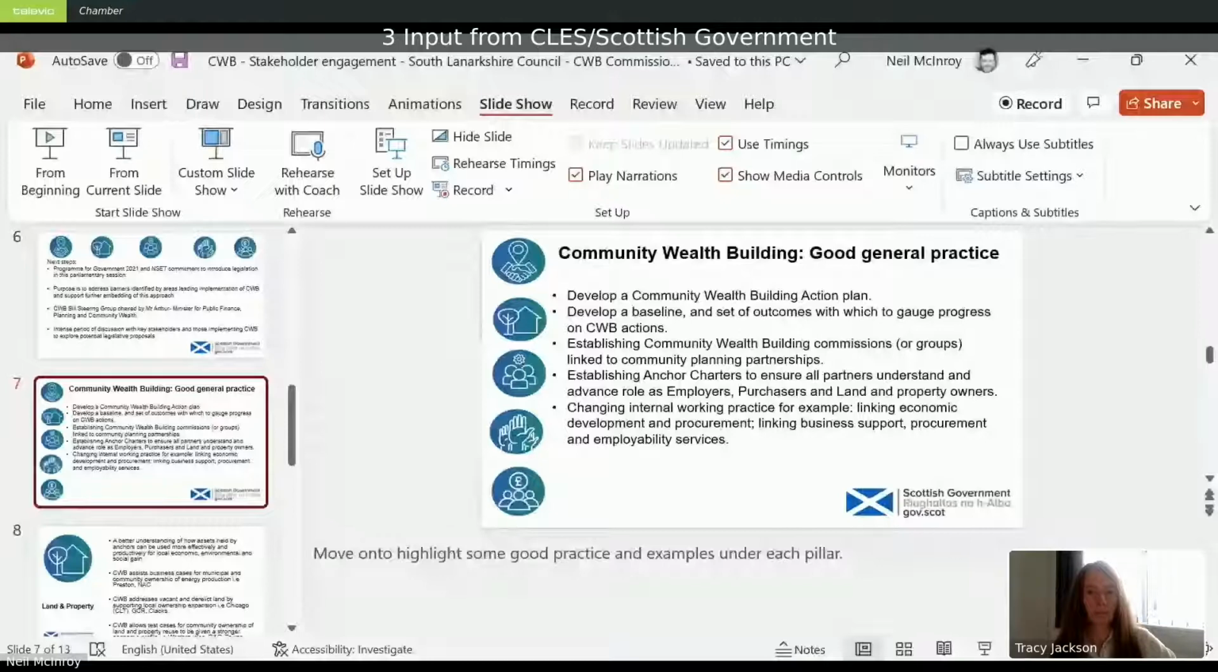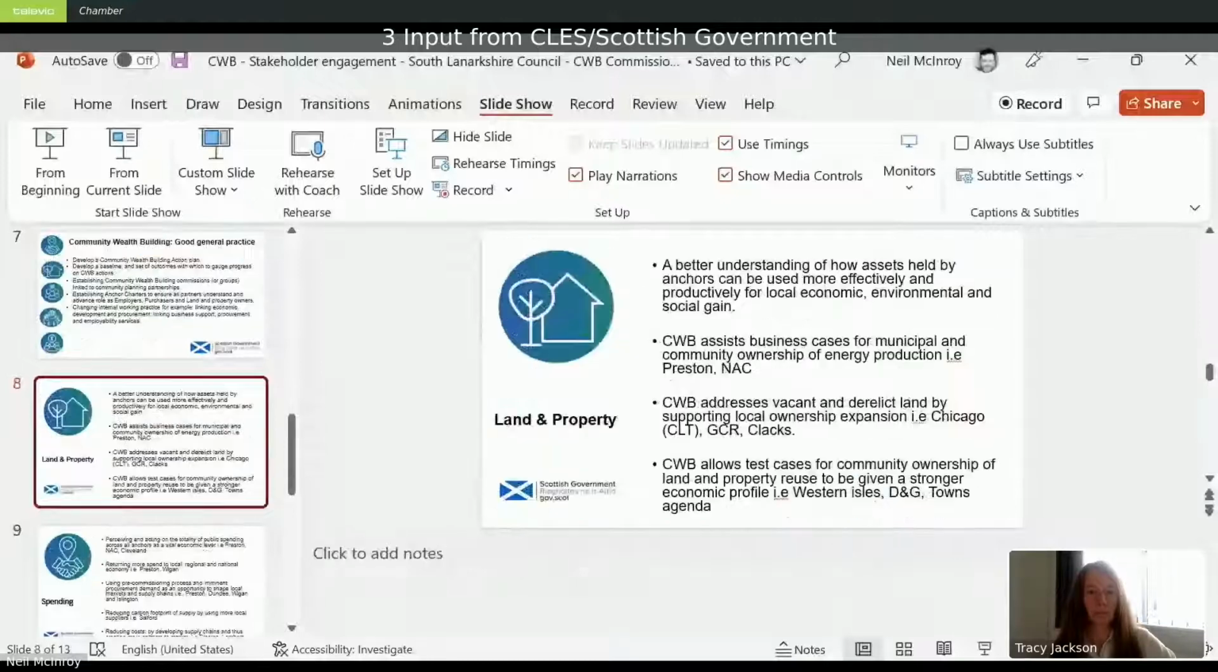Just moving on, these are just some ideas. We've got a growing list of good stuff happening around Scotland and elsewhere. And as I say, I work part of my time in the US at the moment on community wealth building, but just in the land and property pillar, again, I won't go through it in all detail, but a good understanding of the land and property assets held by the anchors, those institutions in South Lanarkshire, and how it could be used effectively and productively, not just for economic use, but environmental and social gain, and thinking deeply about those